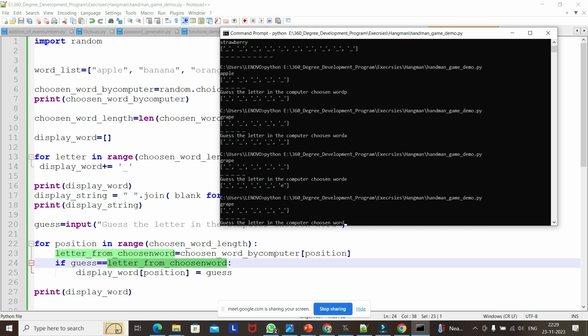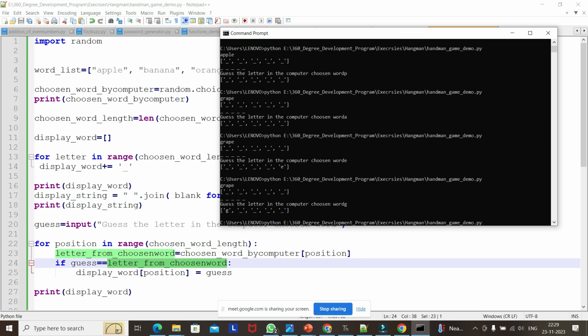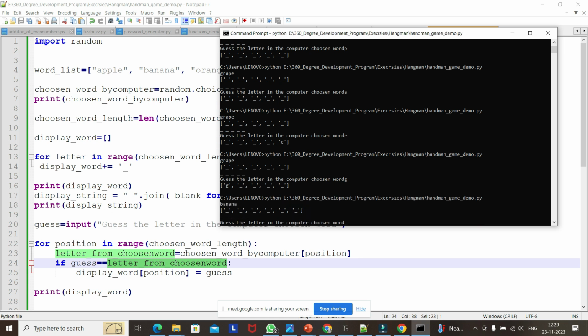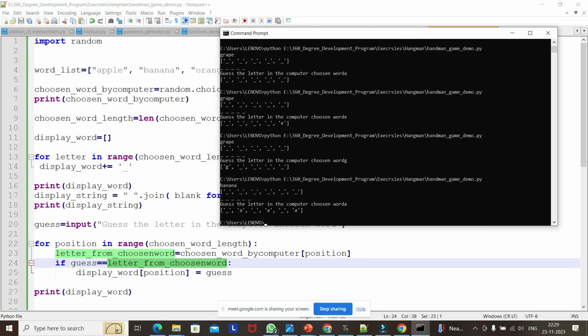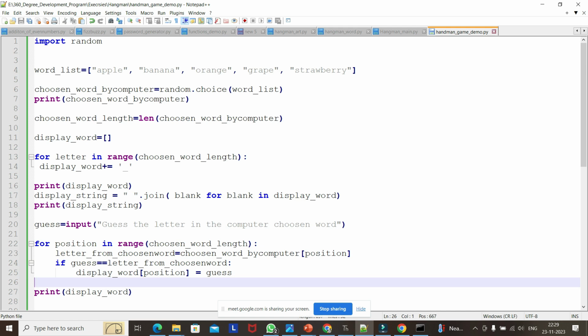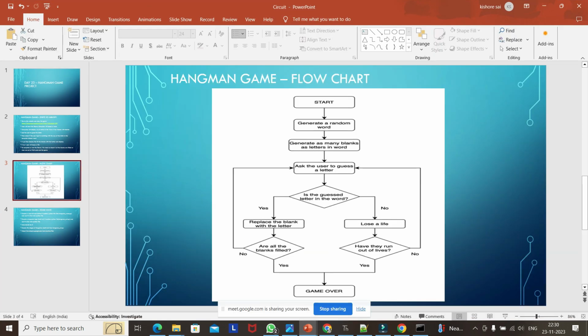Similarly, if I run again, G, A. So it has replaced all the words with A. So just for testing purposes, we are actually displaying this, but when we code it, we don't display it. So now where we have got, we are actually going here,